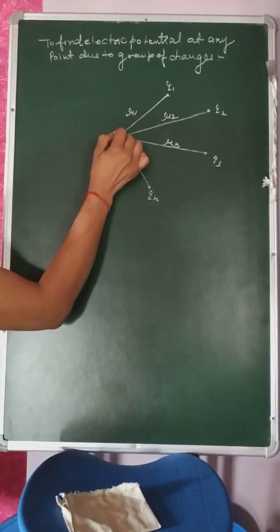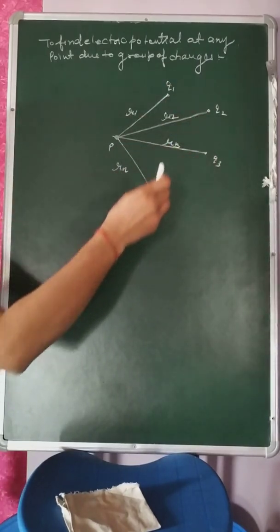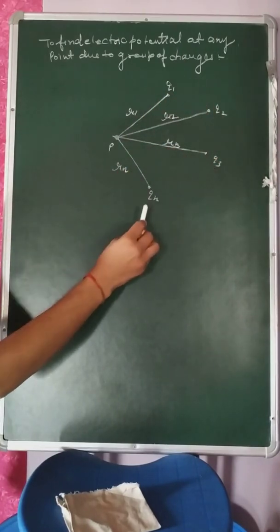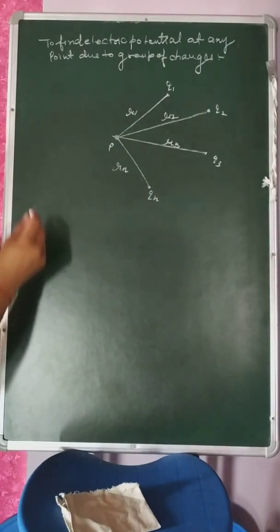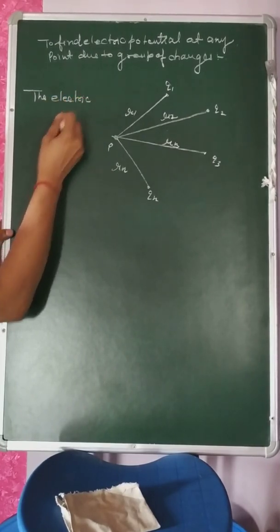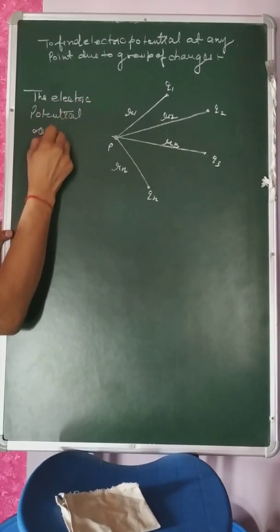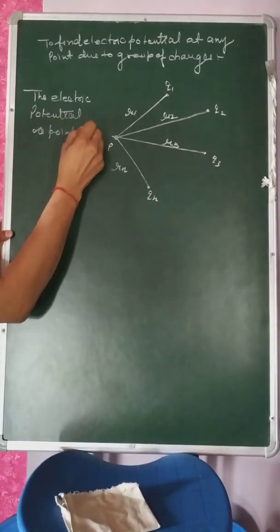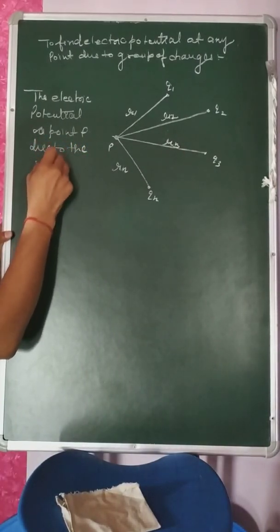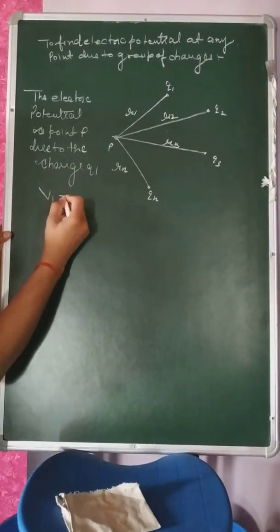Now we have to find the electric potential at this particular point P due to the group of charges. This one is a group of charges. You can imagine any number of charges. Q1 is the very first charge, second one is the Q2, third one is the Q3, and the last one is the Qn, suppose. Now the electric potential at point P due to the charge Q1 is given by V1, that is equal to K